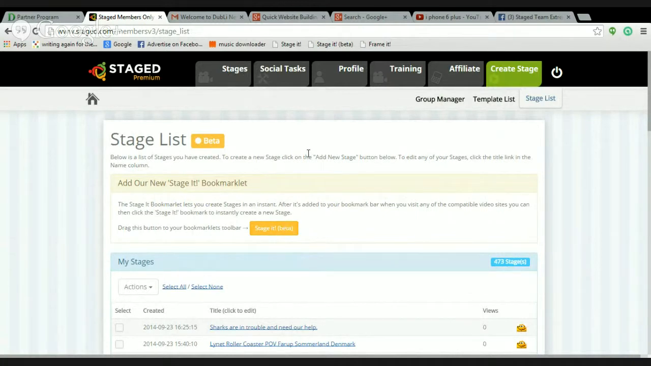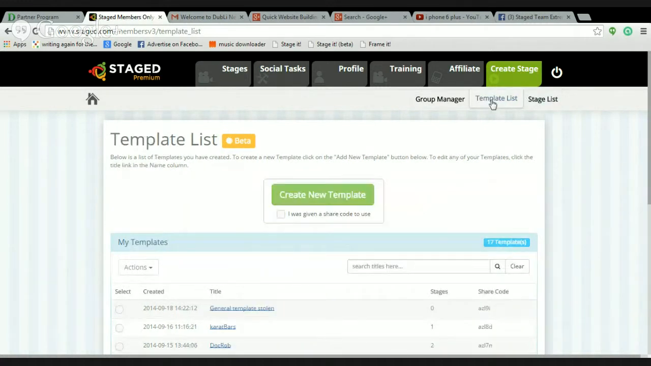Now what I'm doing today is I'm actually going to be creating a new template, a brand new one. So there's three things when you get into here. One's the group manager, one is the template list, and one is the stage list. So today I'll be creating a template, which is in the template list. I'm going to create a new template,